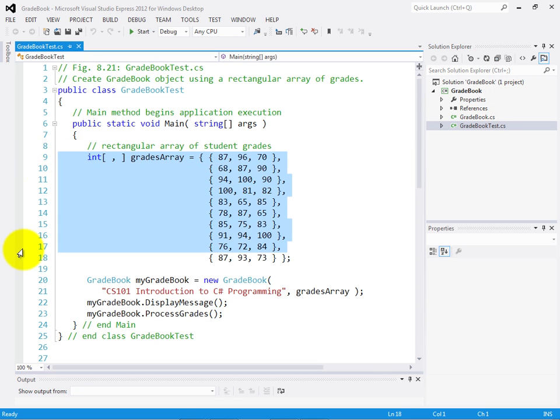First, we declared a rectangular array of grades with 2 dimensions, and each row of the array is set to 3 grades for a particular student on 3 different exams. And we're going to use the 2-dimensional array to represent each student and that student's set of grades. So each row is 1 student, each column is a grade on a particular exam. And since all the students in a class take the same number of exams, we chose to use a rectangular